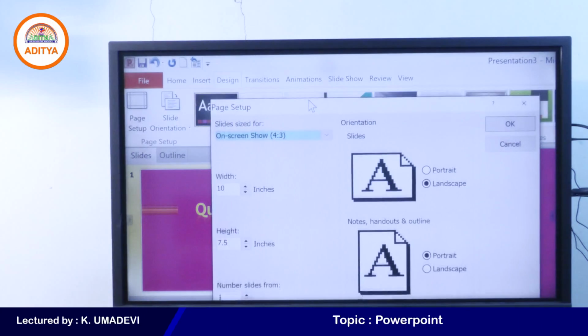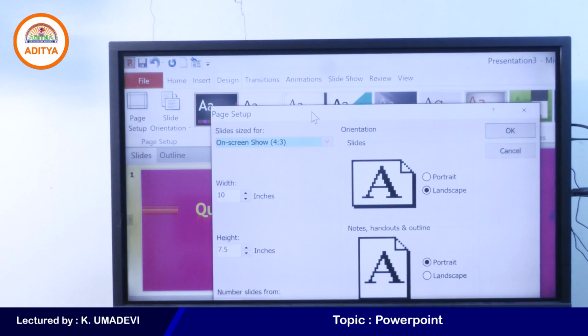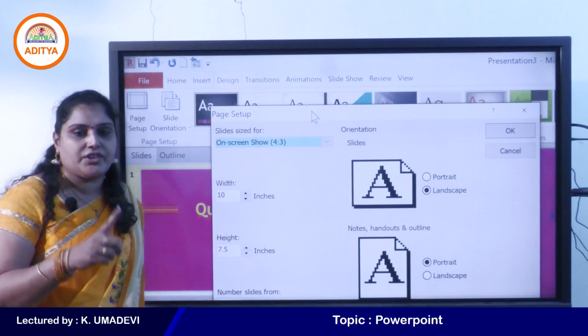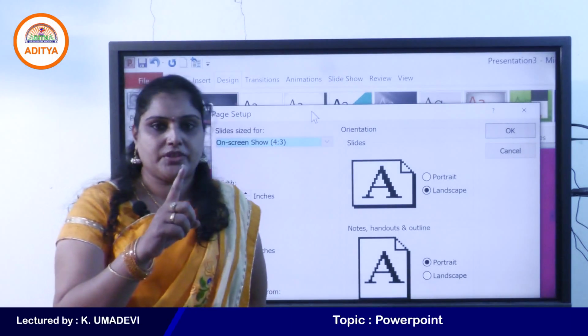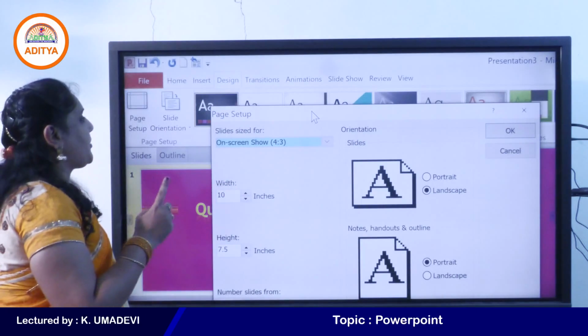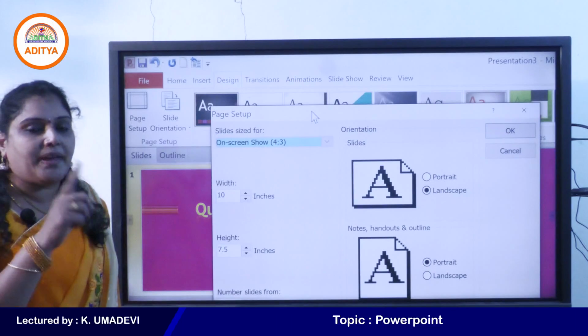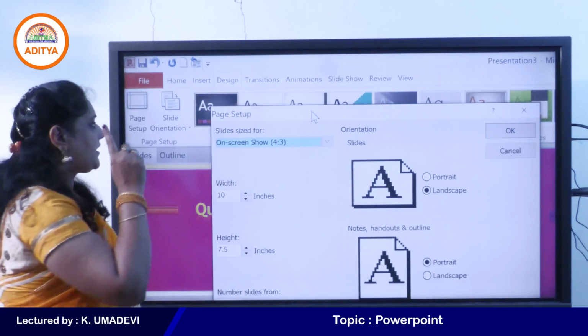See why? Because in Word and Excel we have one important tab, that is the page layout tab, which contains all the page related options, right? But here in PowerPoint, the page layout tab is not available. So the page setup command is available under the design tab.